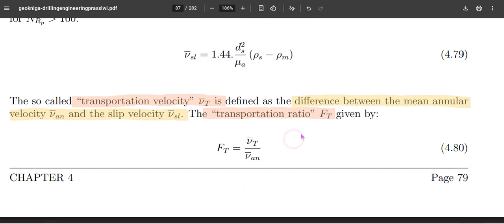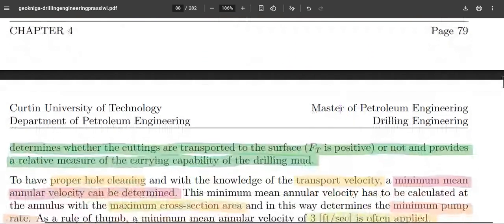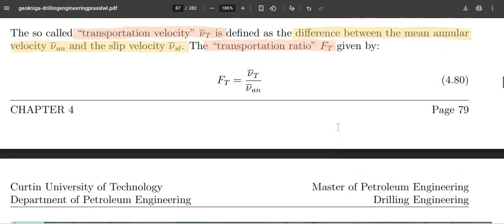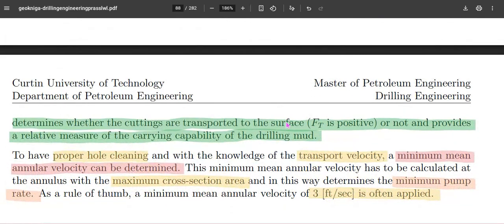So this ratio, this value, is going to determine how effective the hole cleaning is. For example, if this determines the cutting transport ratio F_T to be positive, then it's a good sign that the cuttings are transported to the surface very effectively. But if F_T is not positive, or is a very low value, then there is a high chance the cuttings come back to the bottom of the hole due to gravitational